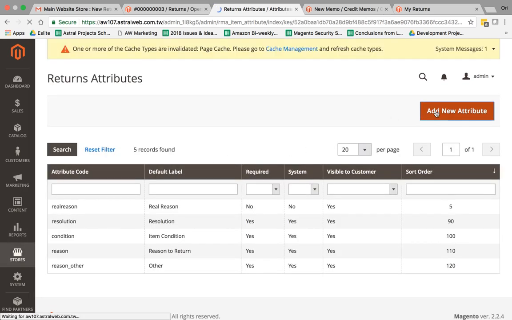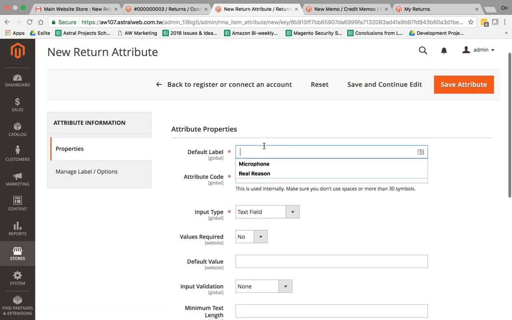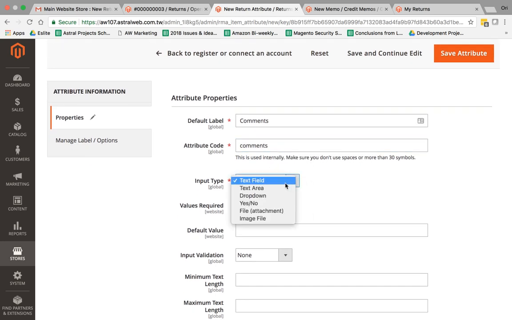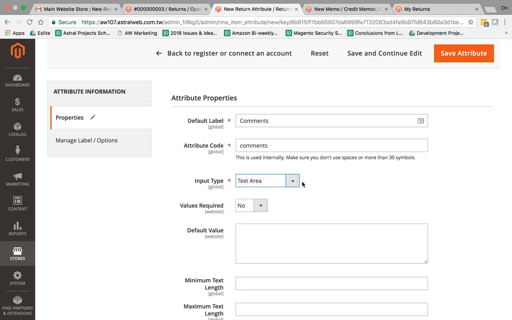Okay, so let's go back here and add one more right now. Let's say I want to add a new attribute, and the new one would be called comments. Let's say I want to receive comments from the client about not just what they want to return, but also some additional information. I'm going to use an attribute code. This is used by the system, so it should be lowercase with no spaces or special characters. Here I can have a text field, which allows the customer to input text, or a text area, which allows a lot more typing.